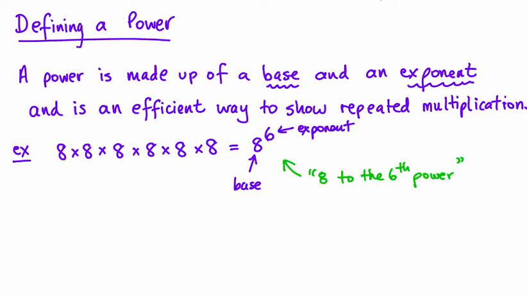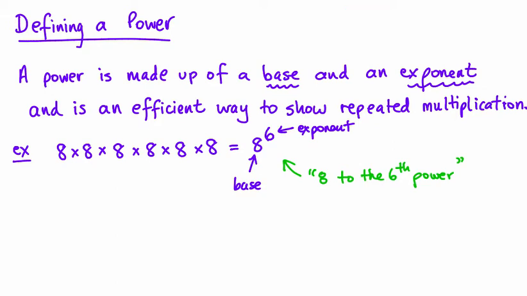So although technically 8 to the power of 6, the power is really the entire thing. So that whole thing is a power. Often we interchange exponent and power a little bit, but the technical part, the 6 is the exponent and the 8 is the base, and the entire number 8 with that exponent 6, that entire thing is known as a